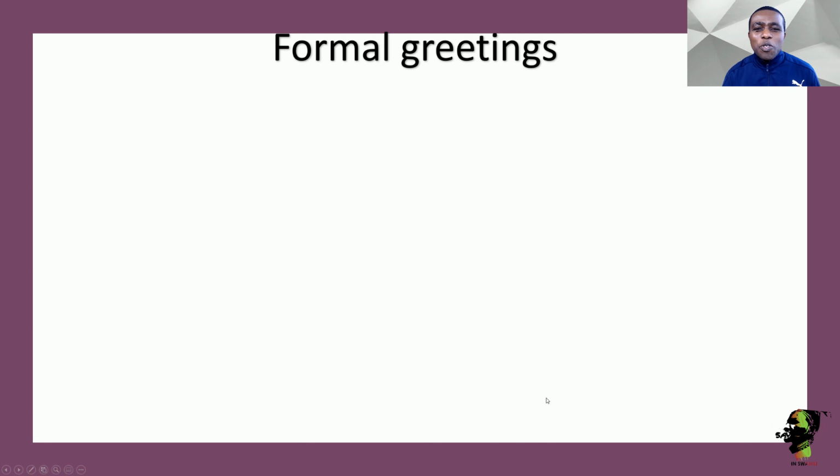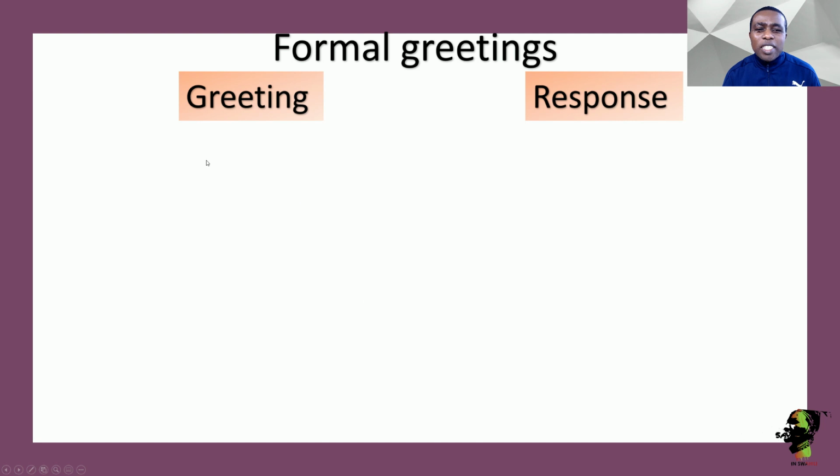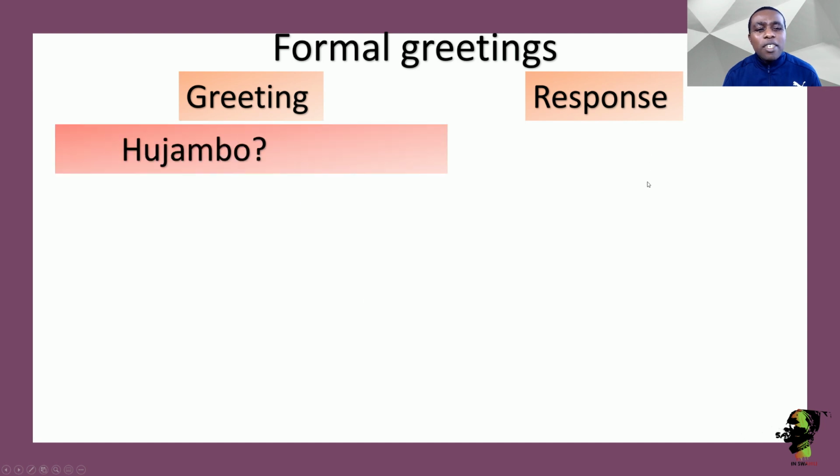In this part, we're going to look at formal greetings. These formal greetings are a bit old and commonly used in probably Zanzibar, Tanzania, but also very rural areas. But nowadays we use the common greetings that I gave earlier on. But let's look at these formal greetings for the sake of the lesson and in case you go there and someone says hello to you. So again, we're going to look at the greeting and its response.